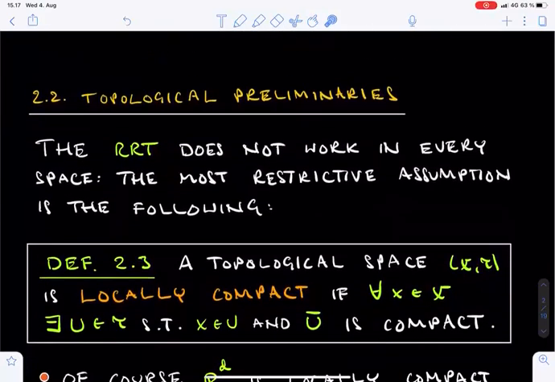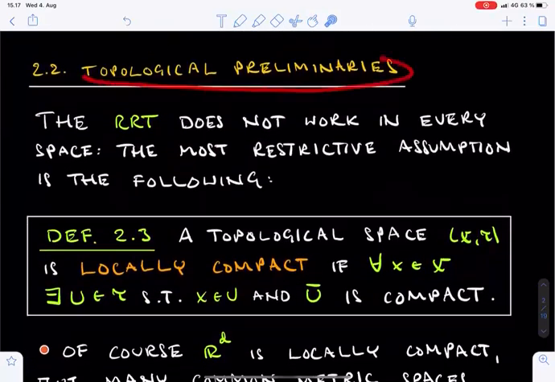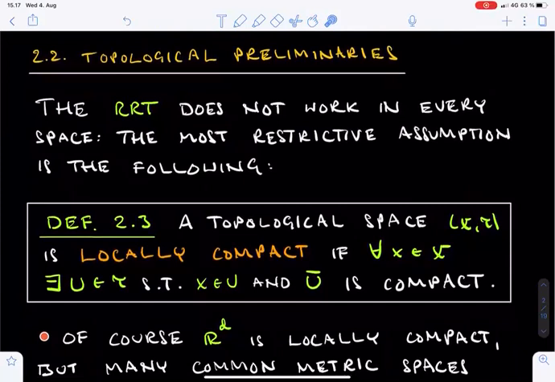Now that we know where we are headed, we start discussing the preliminaries of the Riesz representation theorem. This theorem will only work in topological spaces. In fact, already the definition of the test function space will require a topology, so the whole statement will not make any sense without a topology. Unfortunately, in addition, the theorem doesn't work in all topological spaces. We have to make two extra assumptions.